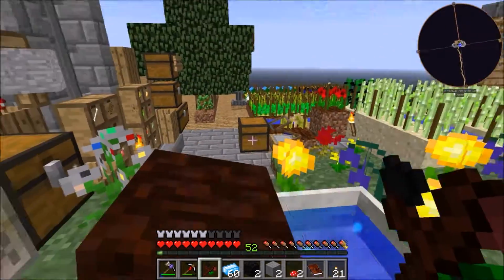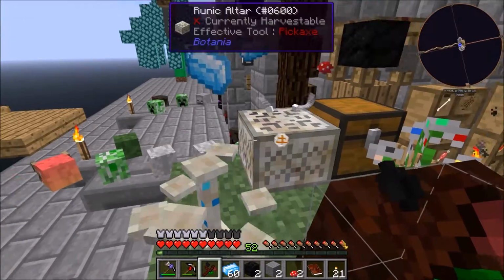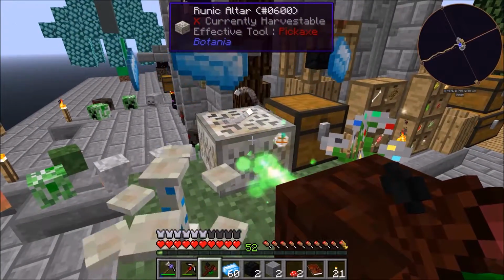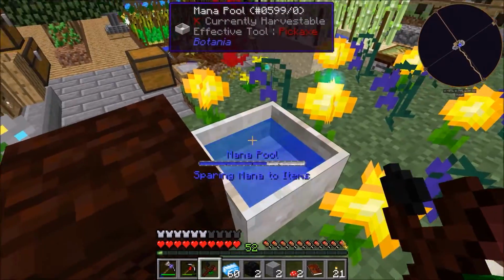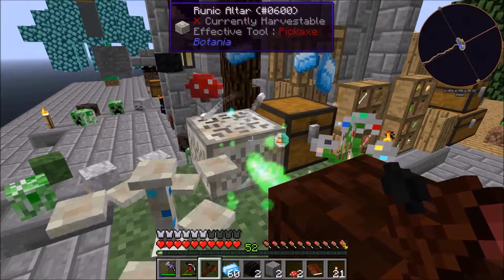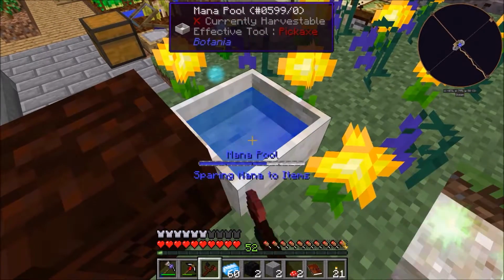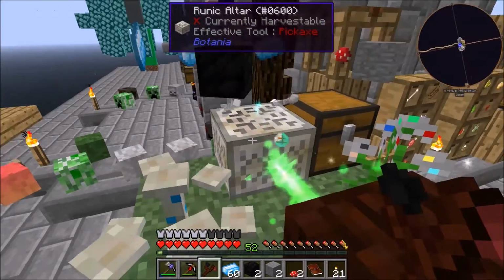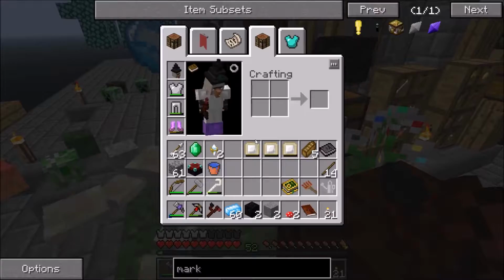That's not at all what I meant to do. Am I not in bind mode? Link the mana spreader to the mana pool, or to the altar, and look at how quick that's going. And it should be, let's get this off of bind mode. It should be taking it directly from the mana pool here. I don't know if my passive mana generation is enough that... Oh, I'm gonna need the...